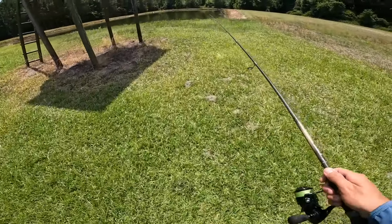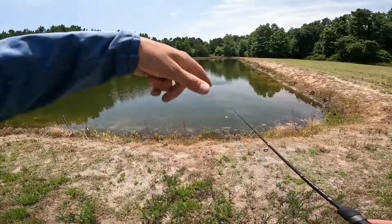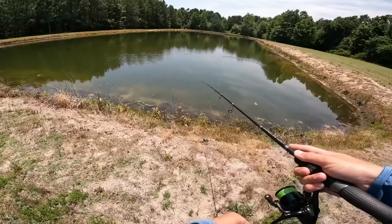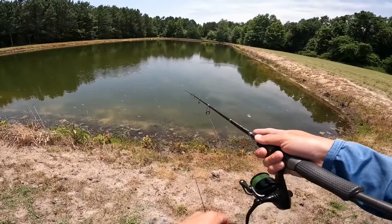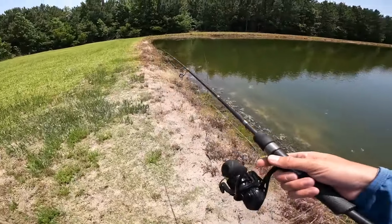It's right next to a dang deer stand. And this one definitely looks the shallowest. I mean, even out in the middle, I can see the, what do you call them, the raised areas where the dirt's raised up. So this is kind of the least appealing pond, at least for this lure. I'm in the clear water mindset right now. Maybe if I come out here with a topwater or a vibrating jig, it'd be a little better, but